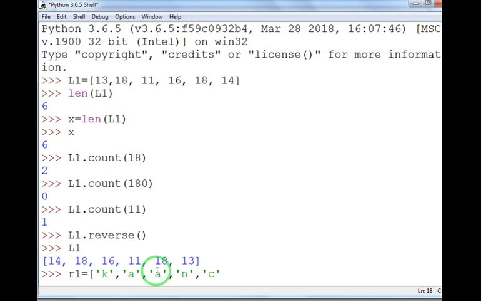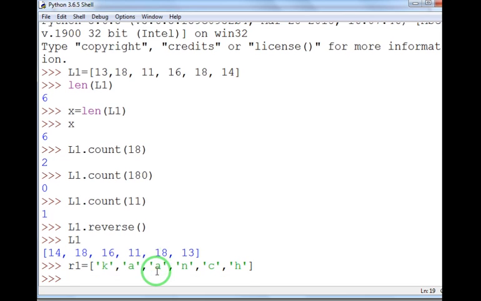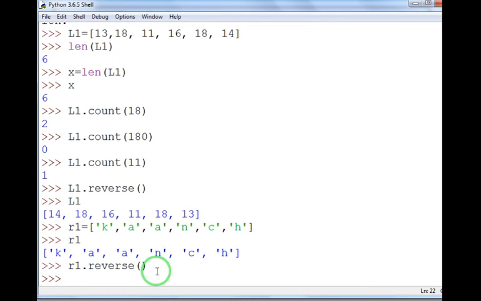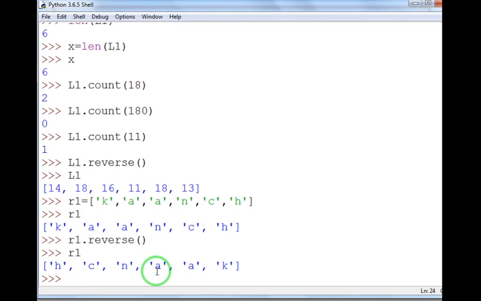Okay, let's take C and next value let's take H. Okay, K, A, C, H. Suppose this is the list that I have created, and if I want to reverse it, I will write R1 dot reverse, and when I type R1, you can see the value has been reversed.